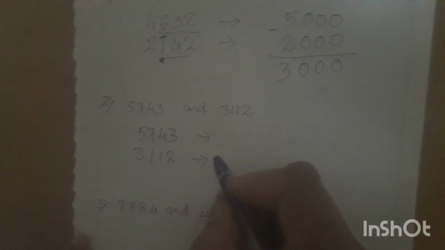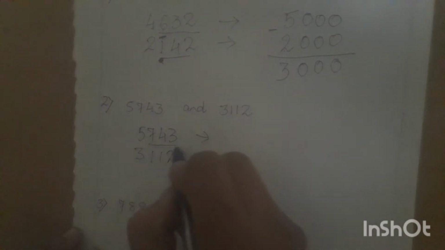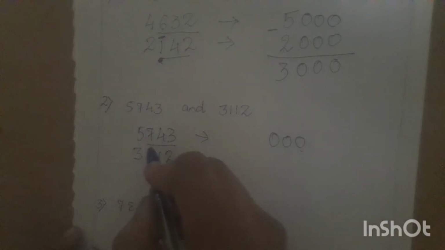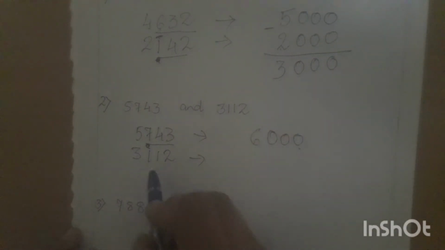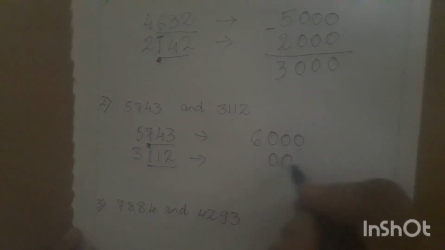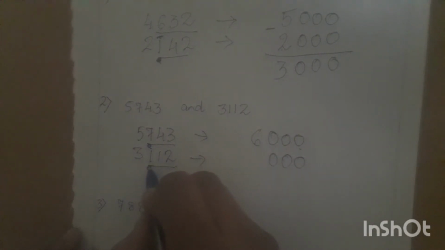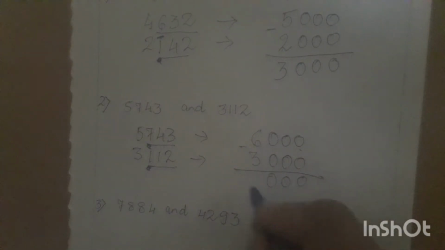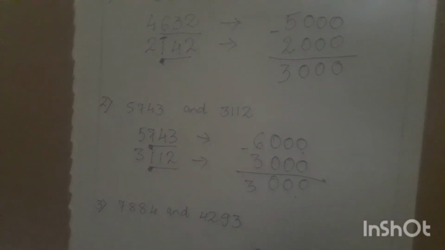Now let's round off to the nearest thousands. 3 zeros, 3 digits to be underlined, 3 zeros. The digit at the higher place is 7. Condition is satisfied. 5 plus 1 becomes 6. Now the next one, that is 3 digits to be underlined, 3 zeros. The digit at the higher place is 1. Condition is not satisfied. 3 remains as it is. And let's go with the subtraction part. So here you have 3000 as the answer.